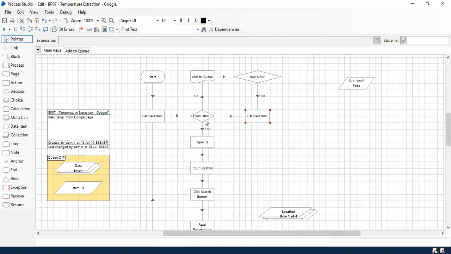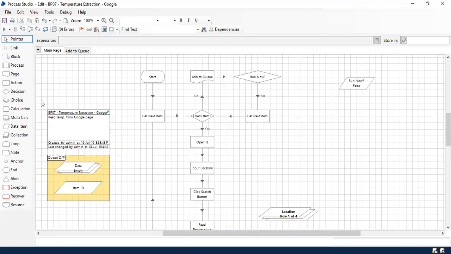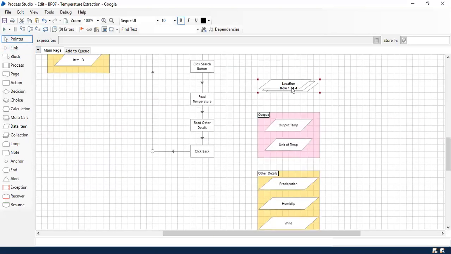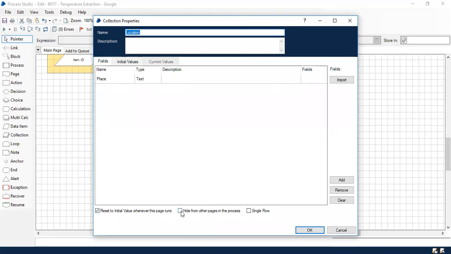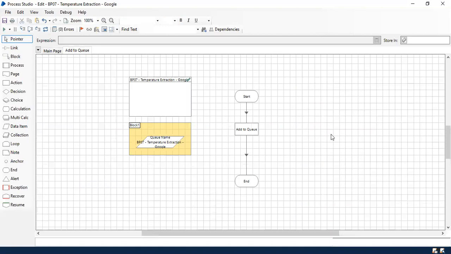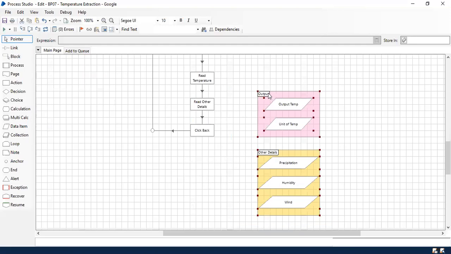When it finds no items, it's going to add the item into the work queue. Then it is going to check whether you want to run it now. If you say true, it's going to run this set of actions again. If you say false, it's going to stop. To make this stop, I've just added the decision, nothing more than that. To make it simple, you can move this collection part to the Add to Work Queue, because that's only for the adding part, so you don't need it to be global, to avoid confusion.